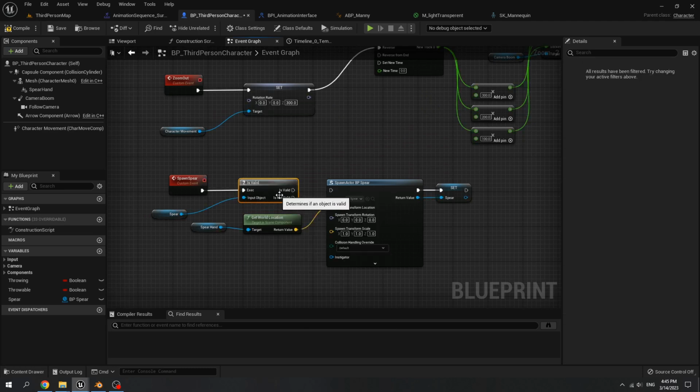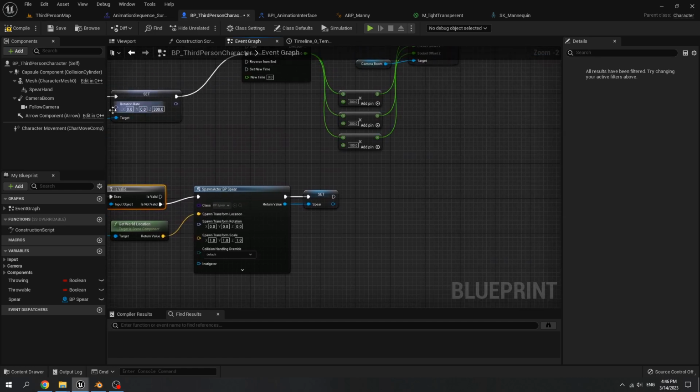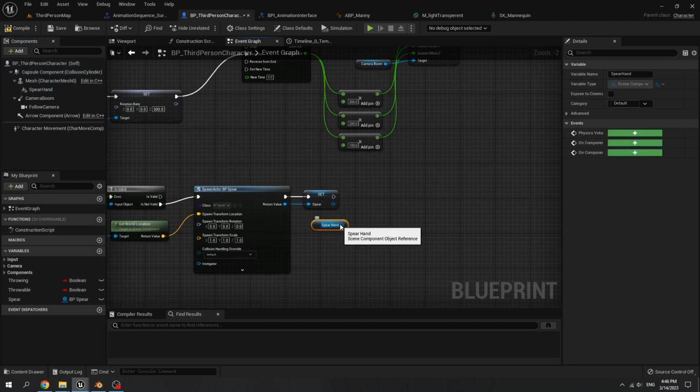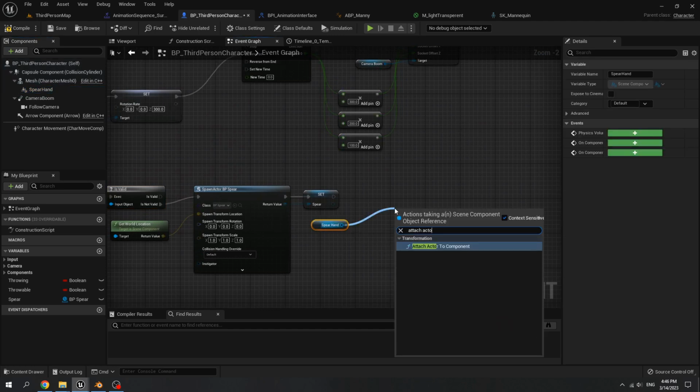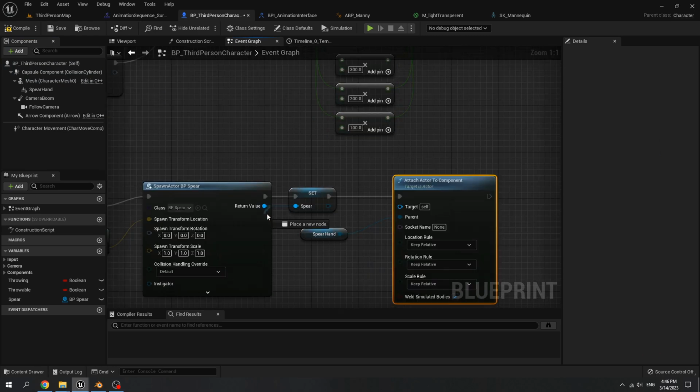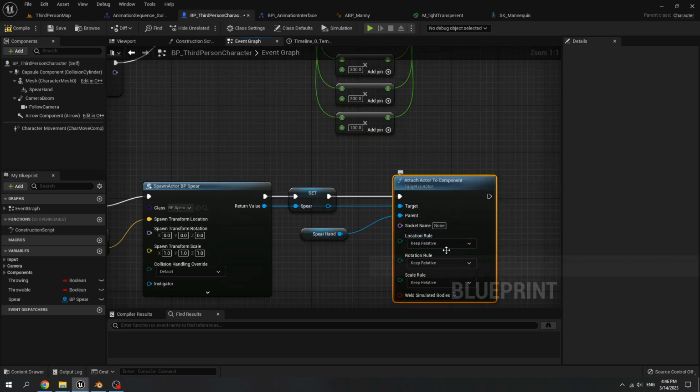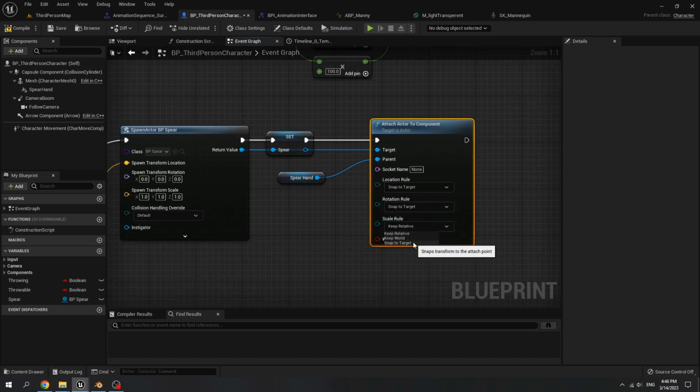If it is not valid, we spawn the new sphere and then get sphere hand, attach actor to component. For the return value, connect it to target and location rule, set it snap to target, rotation rule, snap to target, and scale rule, snap to target.